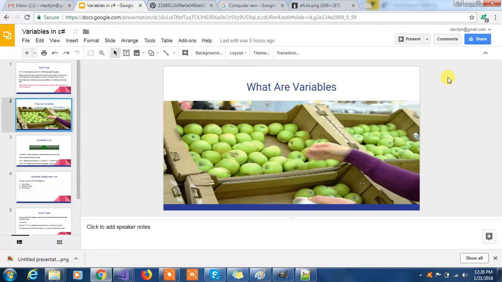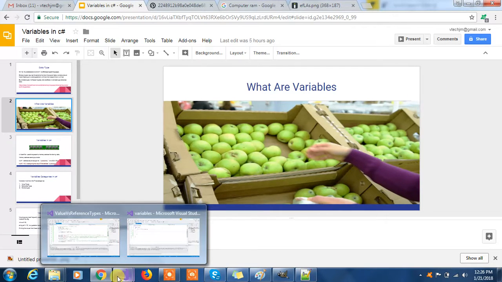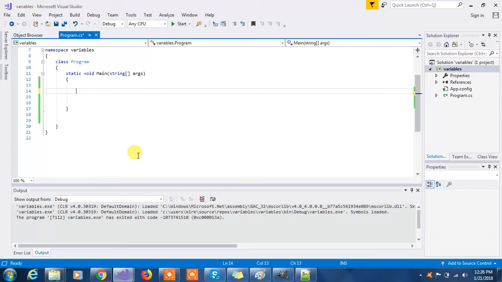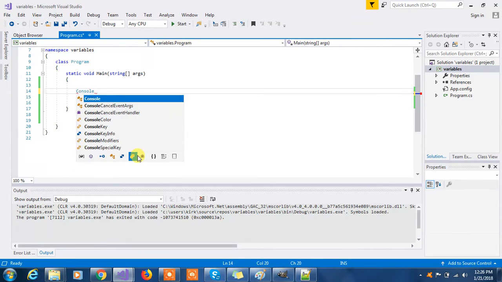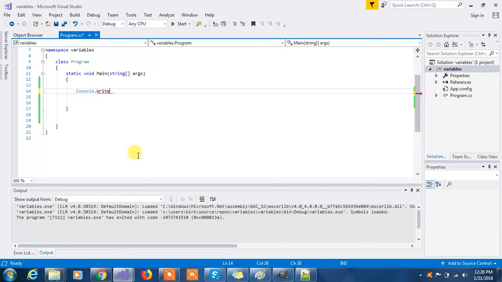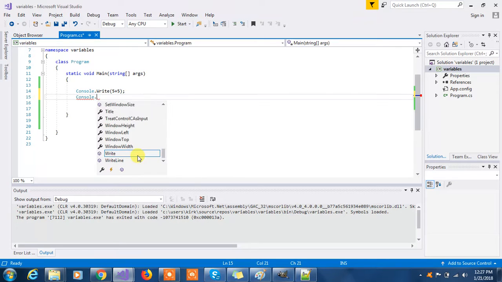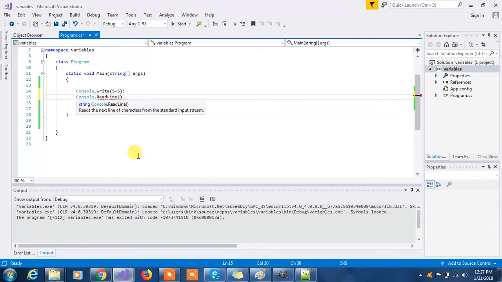So I'm just going to flip to Visual Studio and illustrate an example without using variables, and we will see how static our program is. So in Visual Studio here, I'm going to do Console dot, and I'm going to put the literal 5 plus 5 in our write function here, Read line. Now when we run our program,